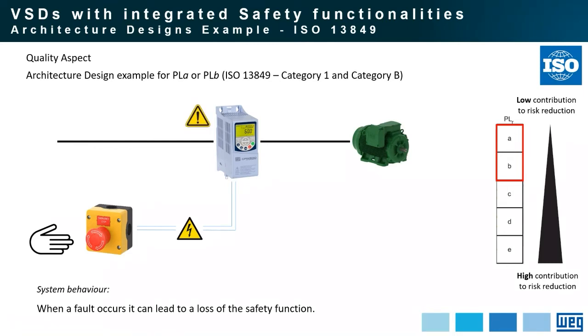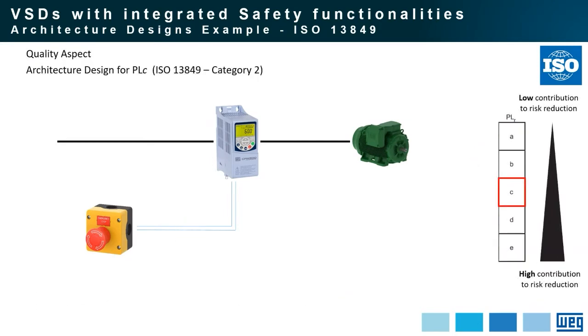Additionally, the variable speed drive also may have some failures. For example, wrong parameter setting or other failures with the variable speed drive component that will not switch off the motor in case of a safety problem. But in the end, this is not a big issue to comply with performance level A or B. In the end, this is approved by performance level A and B. And why? Remembering that performance level A and B is the level that does not cause operator injuries. And so if a problem happens with the system, it will not cause any big problem.